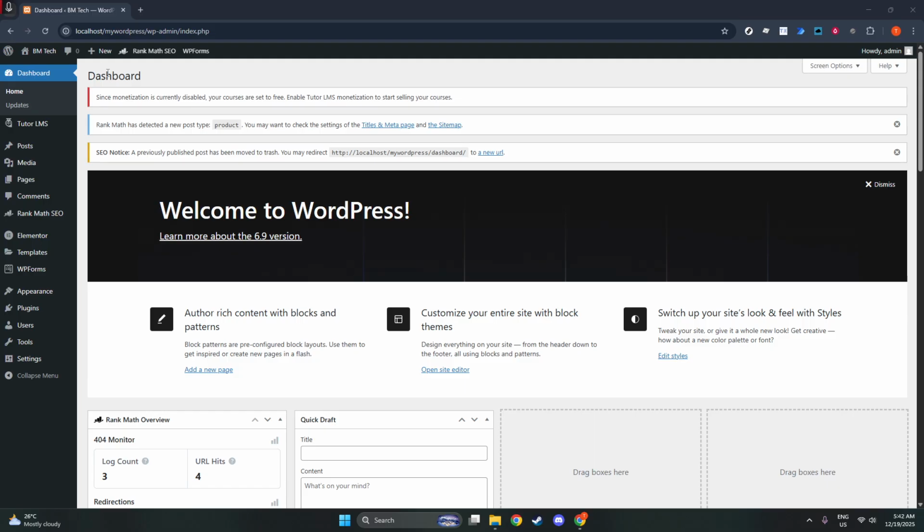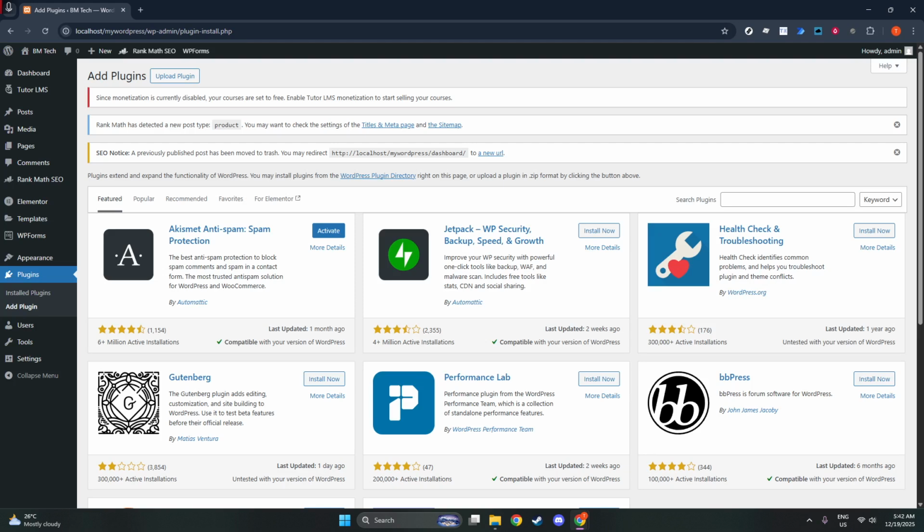First, make sure you're signed in to your WordPress dashboard with an account that has administrator access. From here, look at the left-hand sidebar. This vertical menu is where you manage everything on your site. Find Plugins, then click Add New. The Plugins area is where you can extend your site's features, and Add New is the place to find and